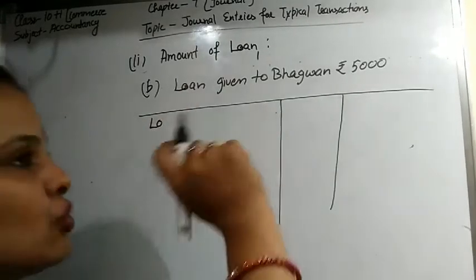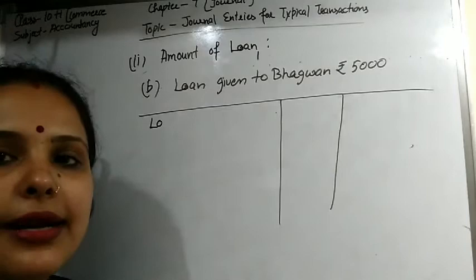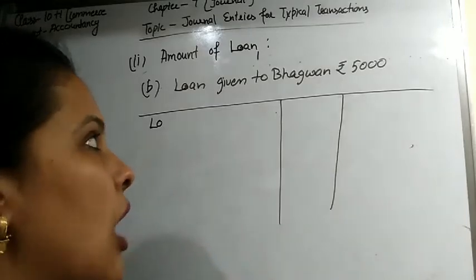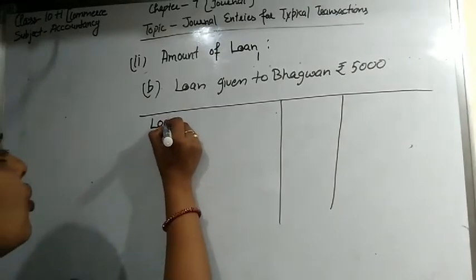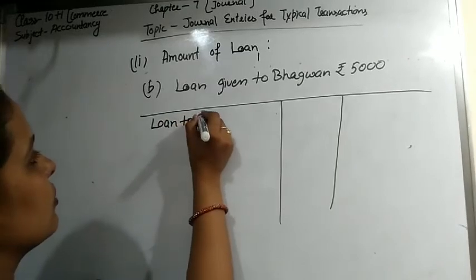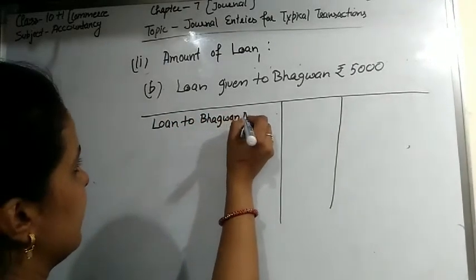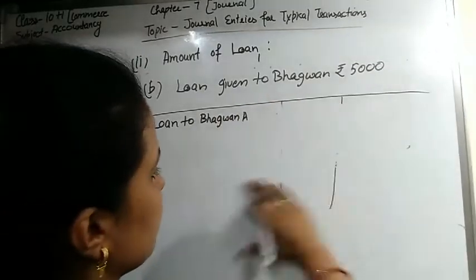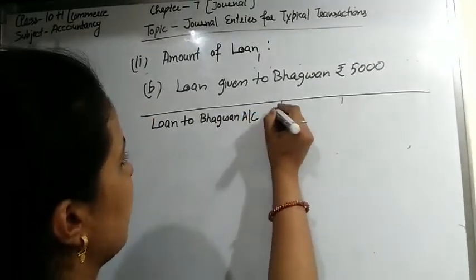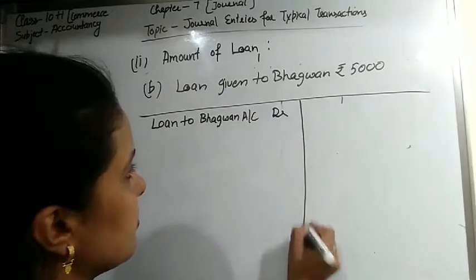When loan is given to an outsider by the proprietor, the loan account should be debited. So loan to Bhagwan account debit